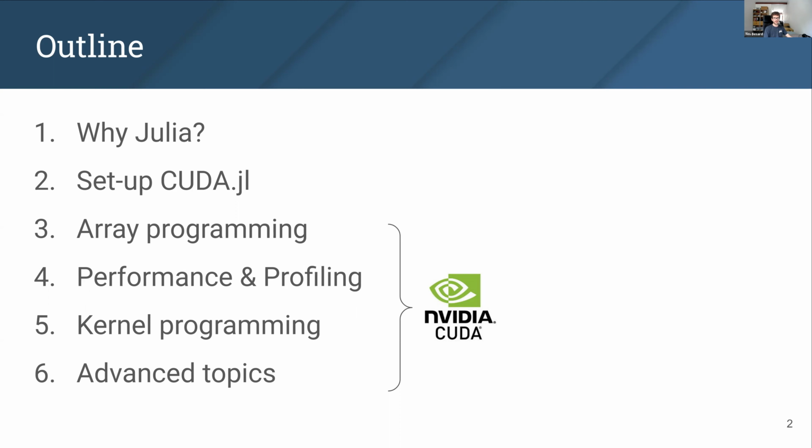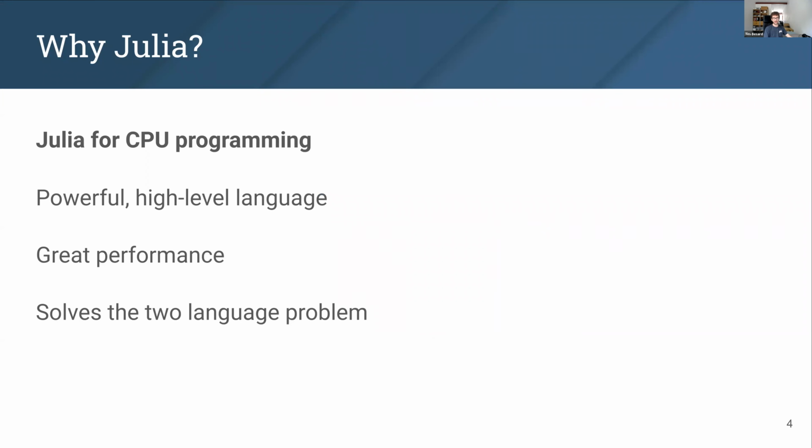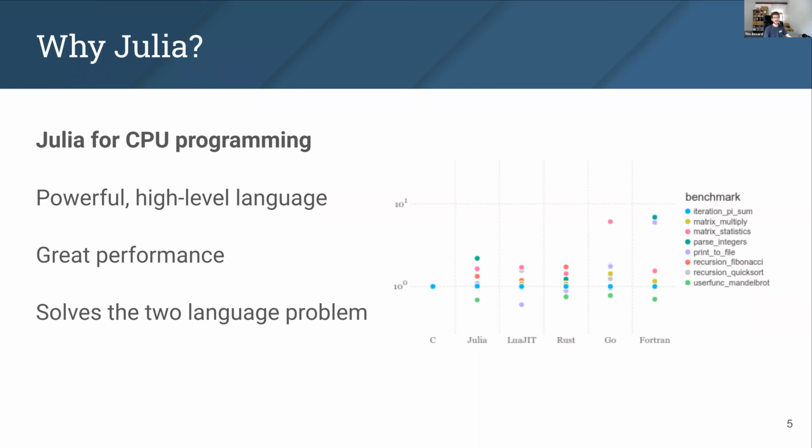So let's start with a brief introduction on Julia, the programming language, which I'll assume is familiar to you. Julia is well known for CPU programming, and it has a couple of very interesting features. On one hand, it's a powerful high-level programming language, which gives you a lot of interesting features. On the other hand, we still retain great performance, as you can see on this small overview of some micro